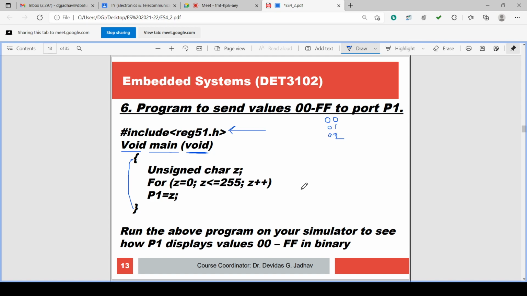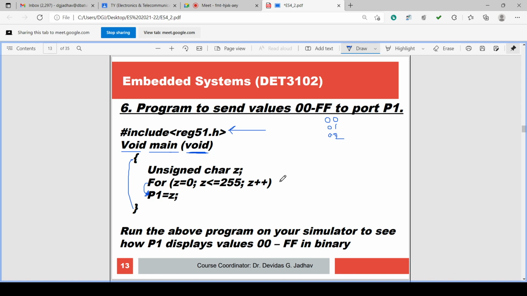Z is incremented, and this for loop does not have any semicolon, which means the for loop has the next instruction as its part. Whenever the for loop executes, the next instruction is automatically executed along with it.